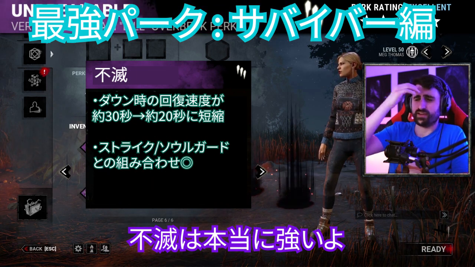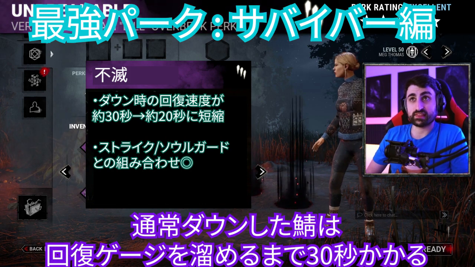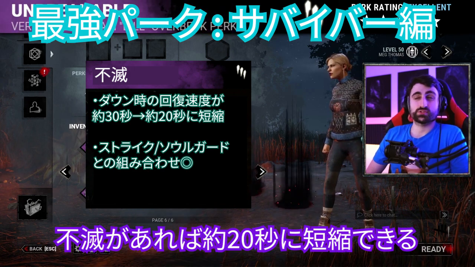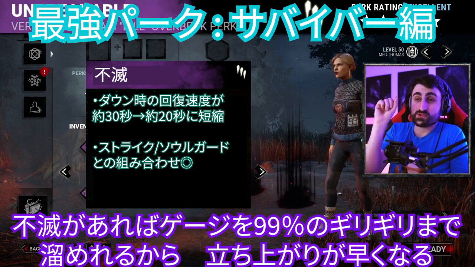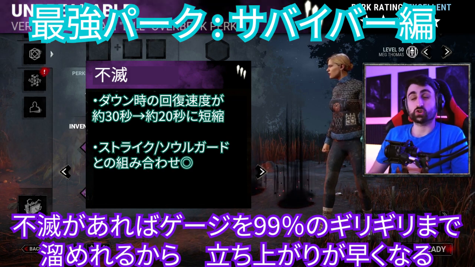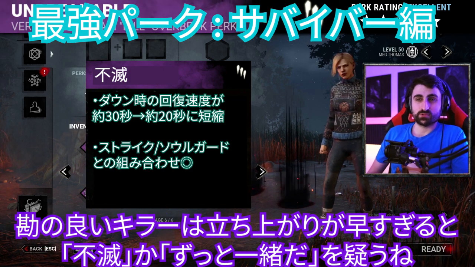Unbreakable is a really powerful perk. A survivor on the ground will need 30 seconds before they're ready to be picked up. Now those 30 seconds are more like 20 seconds. You can actually keep yourself at 99% to make that pickup quicker. And that is awesome. Sometimes as a killer, you might be able to realize that a pickup was too fast